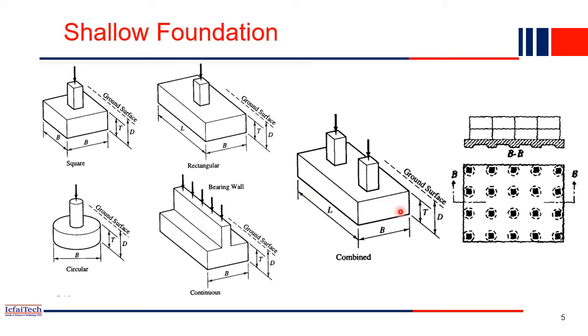One alternative is you can increase the area under the footing. So in the combined footing, if you see, the area under this footing is increased. Now the load coming through the columns will be spread to a larger area. Although the soil quality may not be that good, the force distribution is quite large compared to this one. Here, the force distribution will be over a very small area. If you see at the bottom, the area will be very small, whereas in the combined footing, the area is very large compared to these single cases.